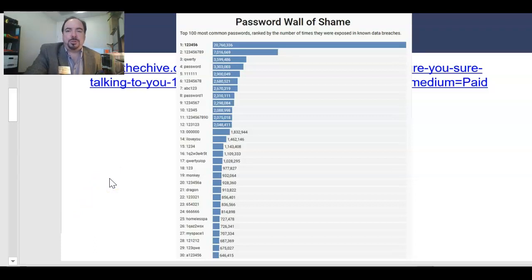Or if you're going to do your own custom dictionary attack, maybe you put these common ones at the top of your list to try for your script, say your Python script or whatever, to automatically try first, just so you can break the password sooner rather than later. Just a thought.